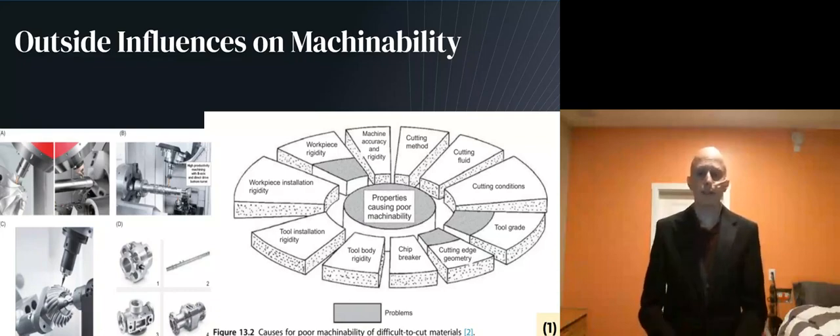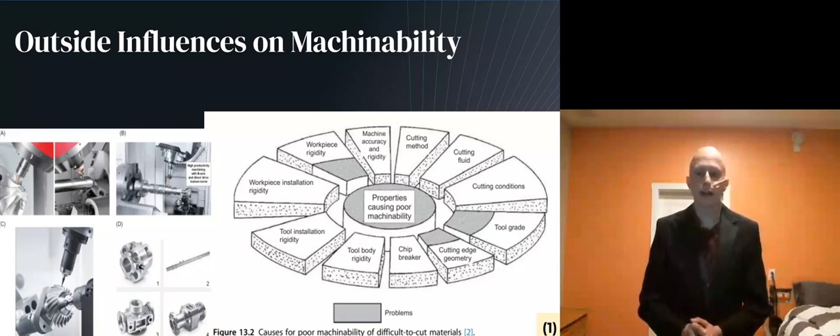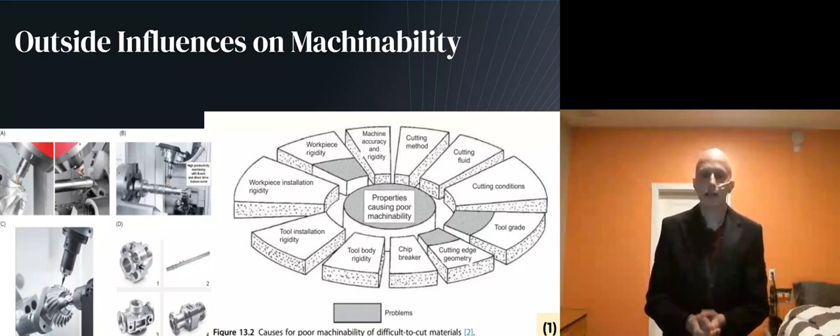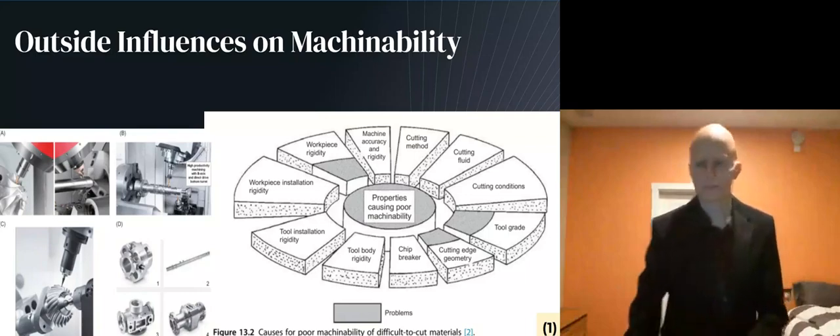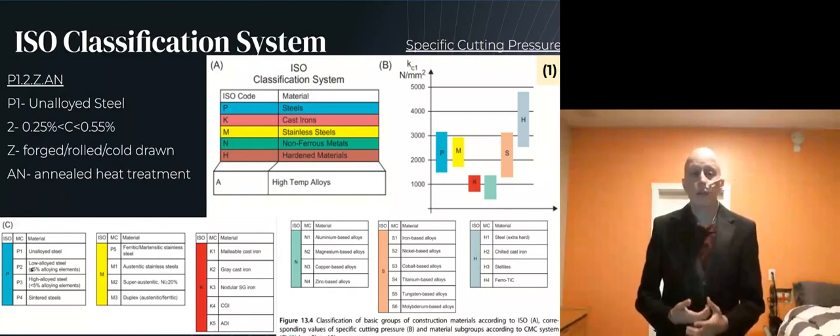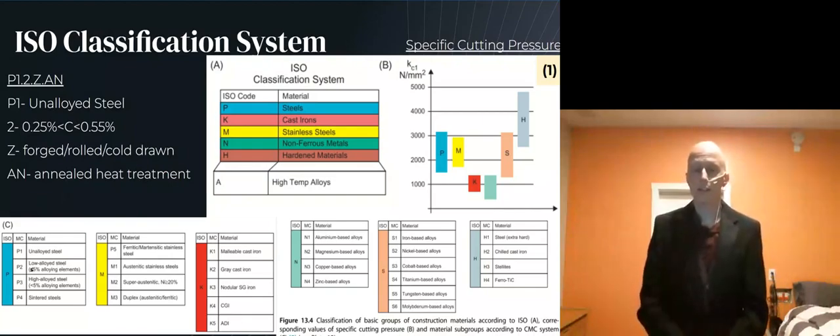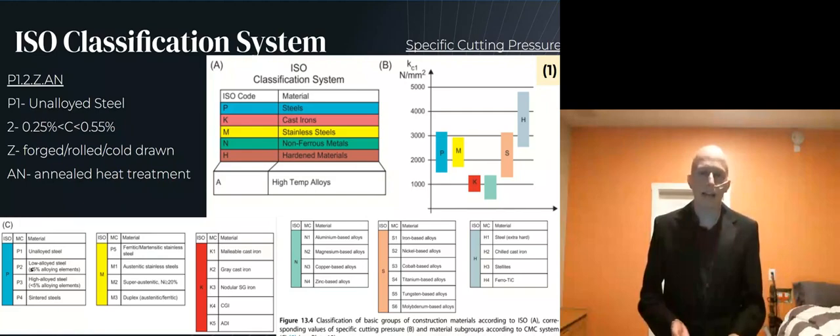There are many influences that can determine whether a material is easy or difficult to cut. But as you can see from the chart on the right, some of the outside conditions not pertaining to the actual material properties include cutting conditions, cutting fluid, and cutting method. To name some actual material properties that affect machinability, there is microstructure, chemical composition, mechanical properties, or alloy additives in